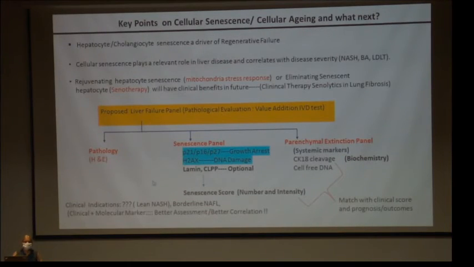It can be applied, and the only problem that we face is that for senescence we do not have a systemic marker, as was told by Dr. Sukriti. Maybe we can try the exosomes and look for the presence of beta-galactosidase. So the clinical indications are lean NASH and borderline NAFL. That can be done. But before I do that, in diagnostics, what do you want?